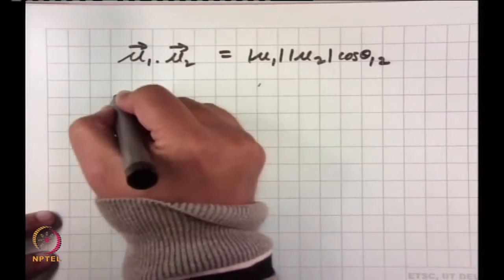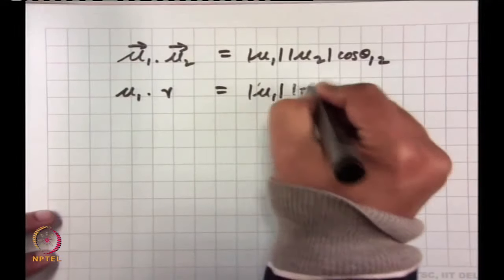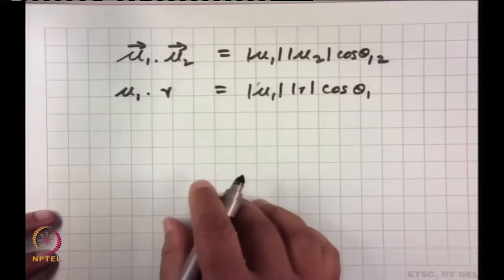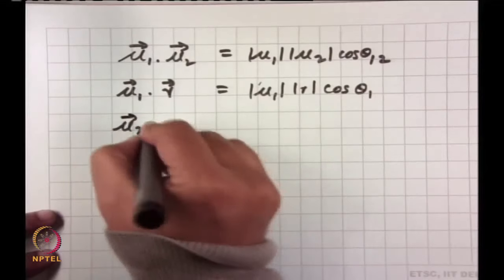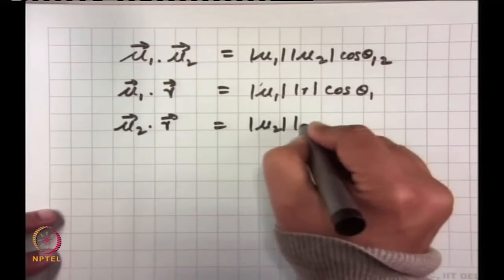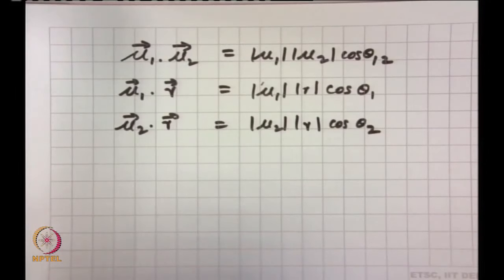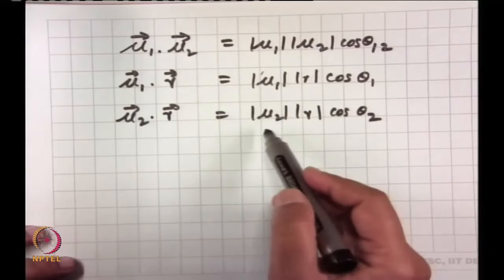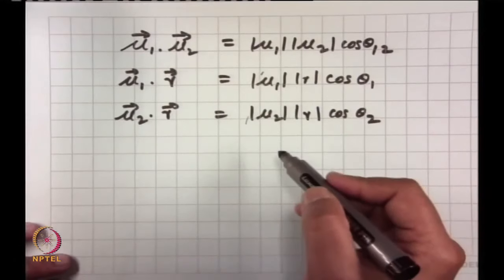Similarly, if I can write mu 1 dot r, what should I be writing? I should be writing mu 1 r, then cosine of theta 1, right. So, all these again are vector quantities, please remember, and if I am writing mu 2 dot r, then this is equal to mu 2 r cosine of theta 2. Okay. So, again these are your absolute magnitudes. So, from now on what I will do is I will not represent them like this form, I will just write mu 2 r and all these things straight away.